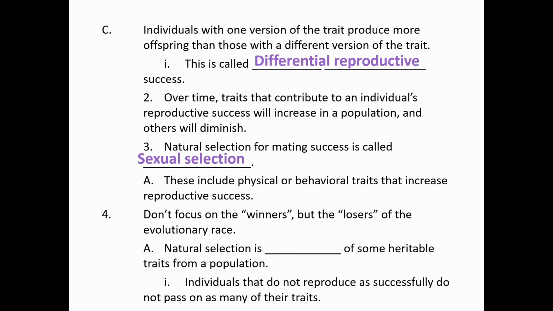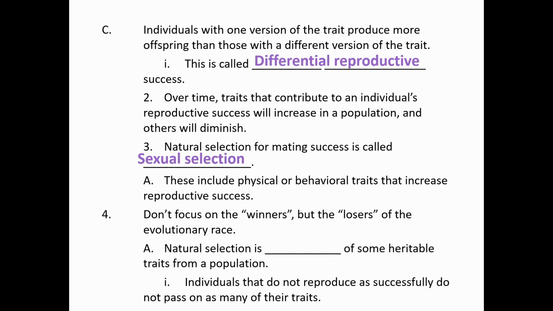But there's reasons behind that, right? Why does she think it's attractive? Maybe because it's really hard to get the resources to have feathers like that. And if you don't have feathers like that, maybe it's an indicator you don't have as high quality food or good access to food and whatnot. So there's those things. This includes the physical and behavioral traits that increase reproductive success.